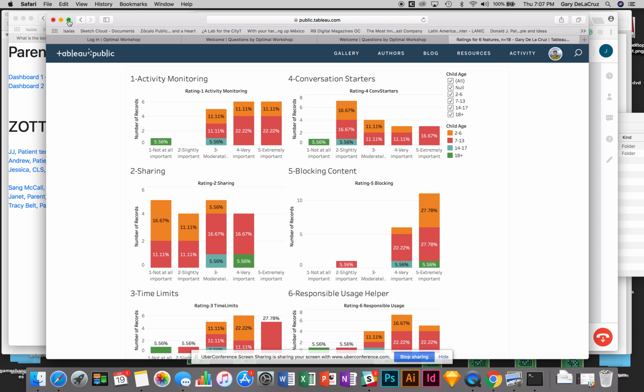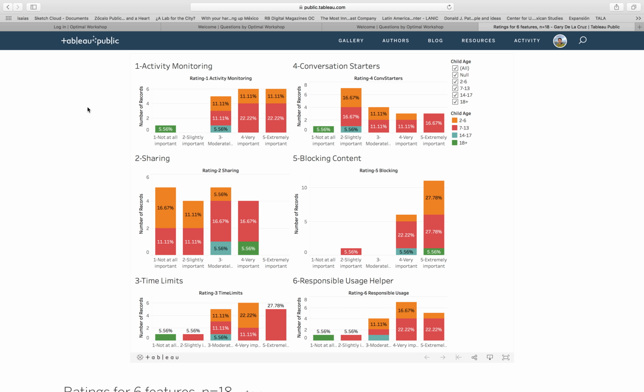So I'll walk through these quickly. The graphs are all in the same format. It asks the parent to rate how important they would find a particular parental control feature in their child's favorite platform. And if it didn't exist, we asked them to imagine how important would it be if it did exist.